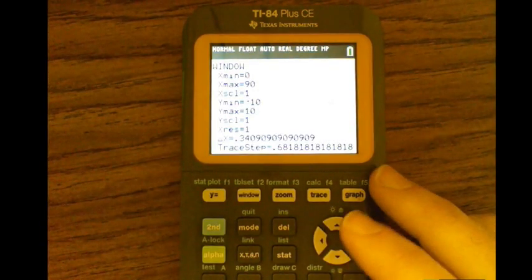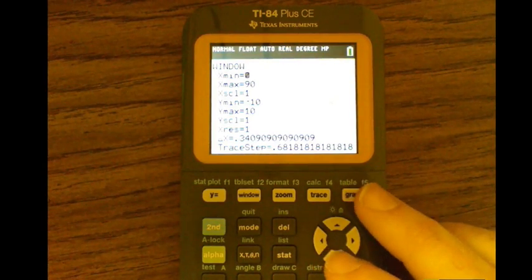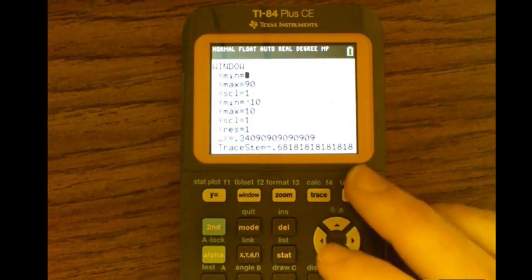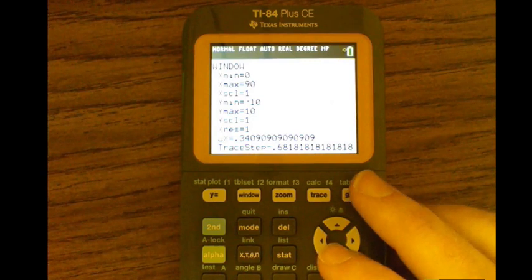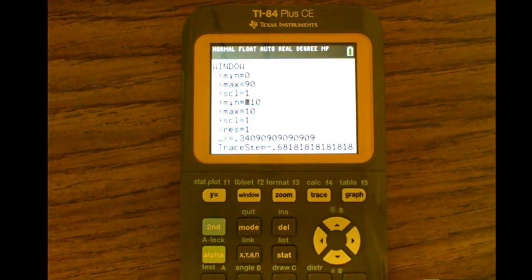So if I go to the window, in this one, remember it said only go from 0 to 90. That was the given domain. So that's all I'm going to see on my calculator. As far as the min and the max, this is where you really need some basic understanding of the numbers